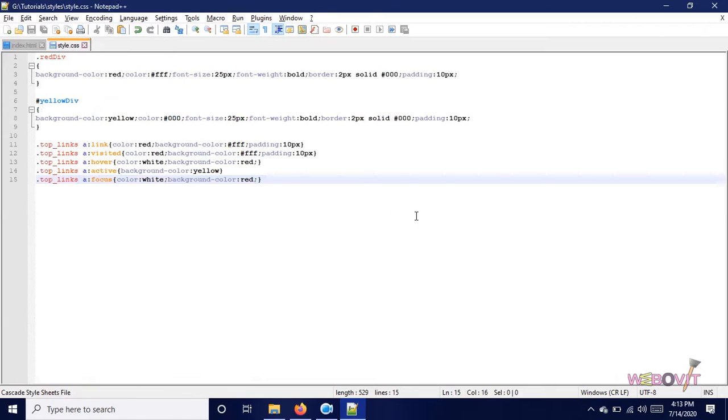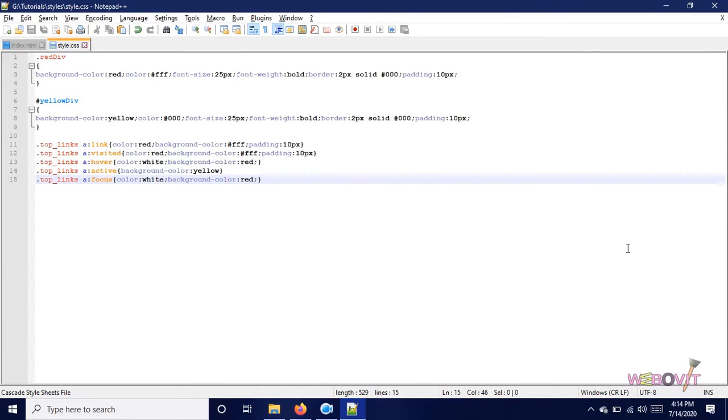Okay, now inside the style section, dot represents the class, using top links, we give a link for it. So you should know how many link states we have. One is link, that means any hyperlink. Visited means all those links which are already visited. Hover means when you are bringing the mouse over it. Active means when you are pressing the button, and focus is when you are navigating on the link using the tab key.